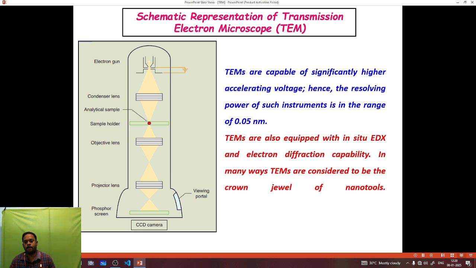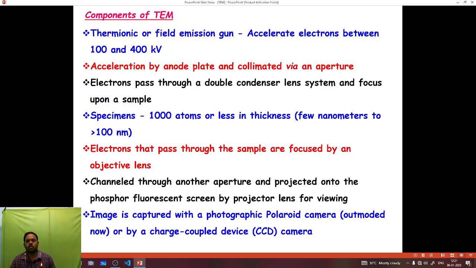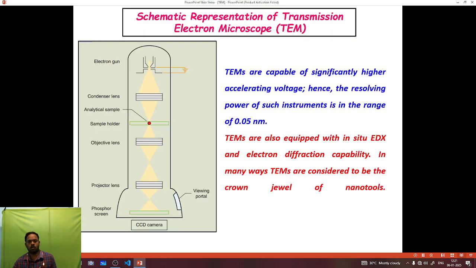These are the typical components present in the transmission electron microscope: the electron gun, different kinds of lenses, each lens having its own purpose, a phosphor screen, a detector system, and the monitor to process the images. A thermionic or field emission gun accelerates the electrons between 100 to 400 kilovolt. Some HRTEM high resolution instruments may have 500 kilovolt acceleration voltage. This acceleration is done by the anode plate and collimated via an aperture, as we have seen in the previous slide. The electrons pass through the double condenser lens system to focus the electron beam